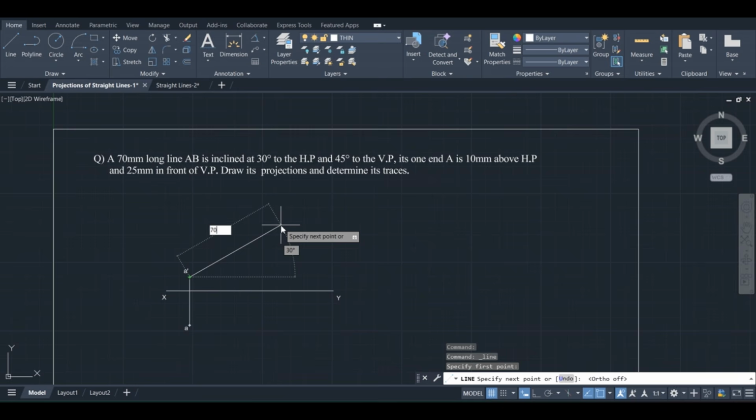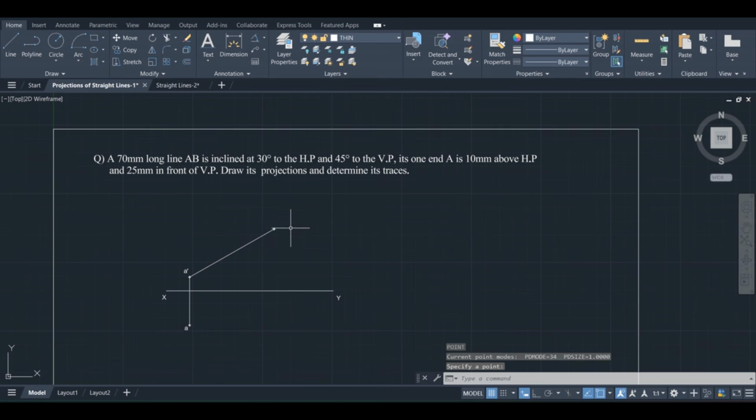We can give it in the space which is highlighted while drawing the line, and to give the angle press tab so that the angle space will be highlighted for edit. Now give the angle, theta is equal to 30 degrees. Press enter. Mark the point at this end.